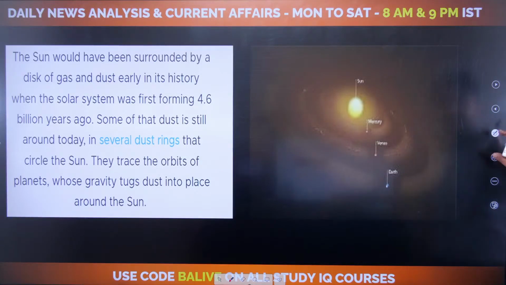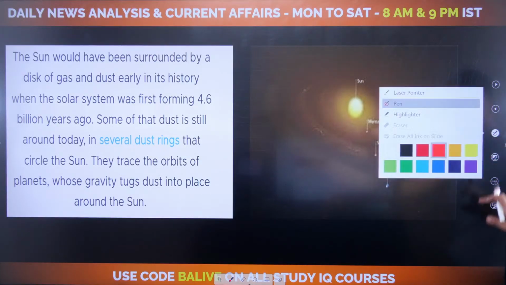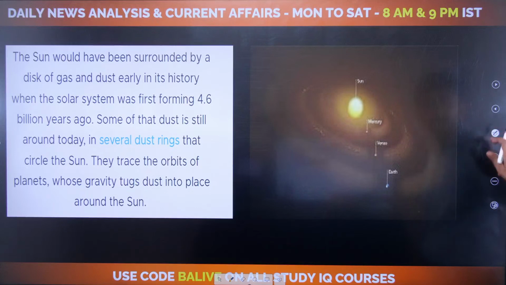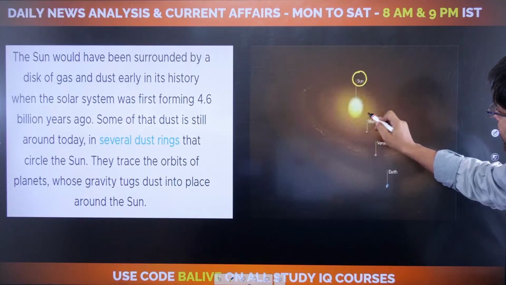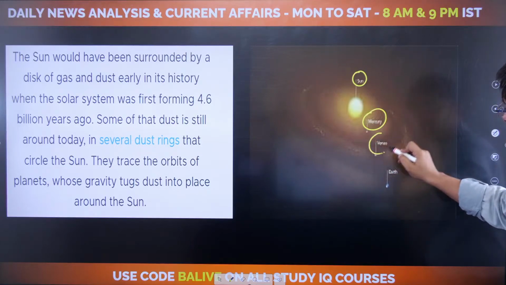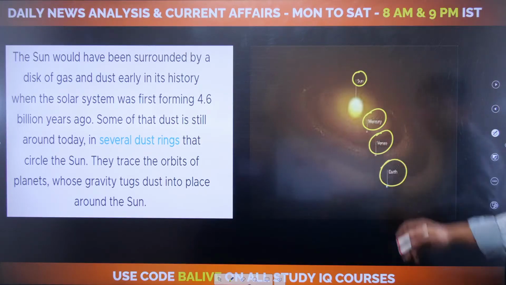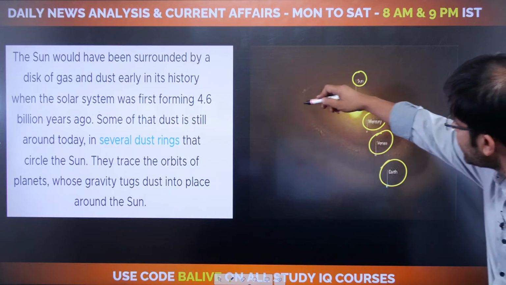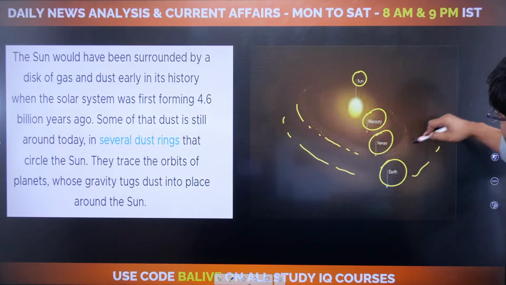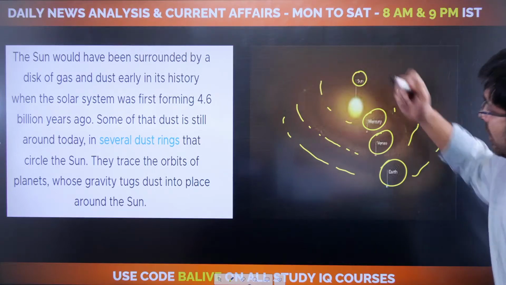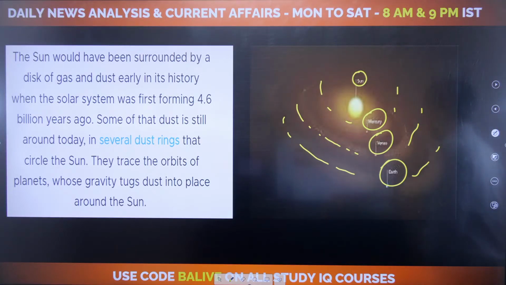Now look at this, guys. I hope this is clear. Can you see this particular fog here? Can you see this fog? See, if this is the sun here, this is Mercury, these are the different planets after them. Can you see this particular line of fog here? Can you see this? What essentially is this called? Now this is called sun dust or dust rings.